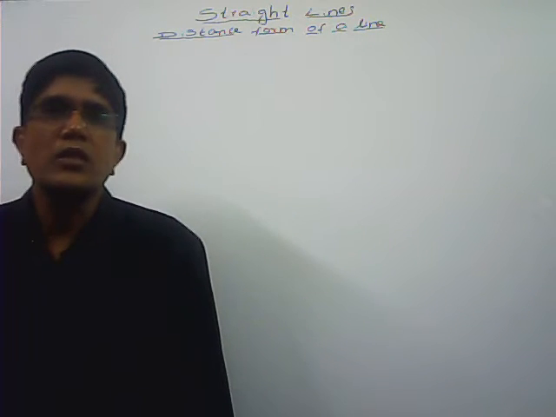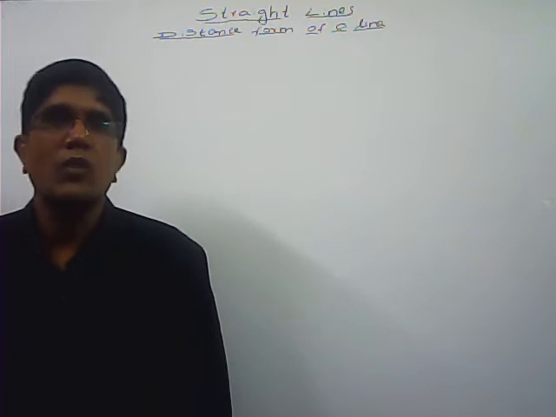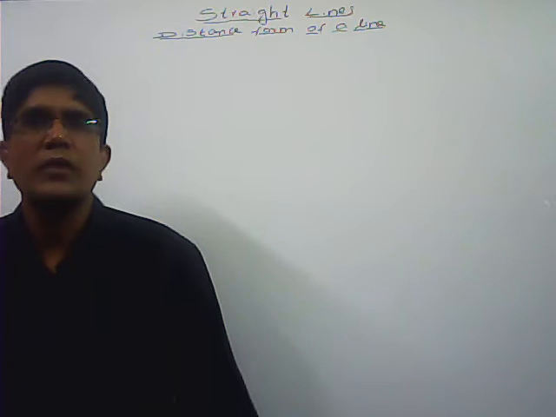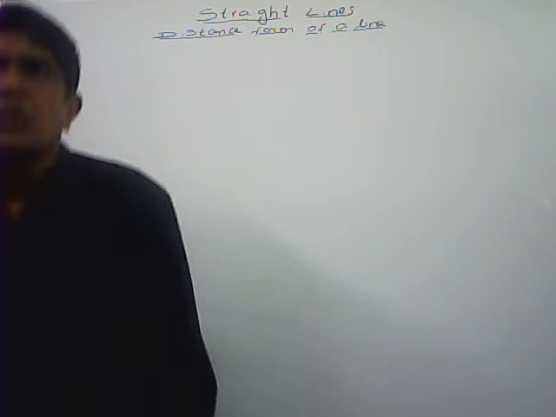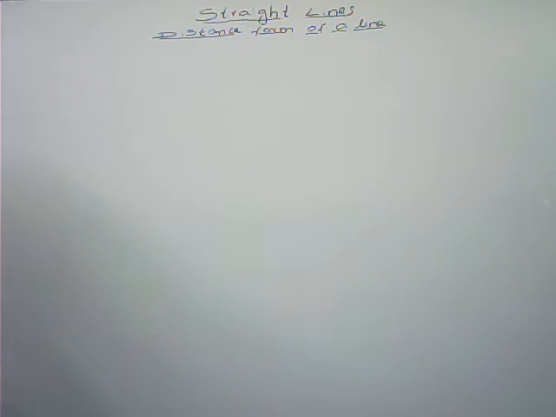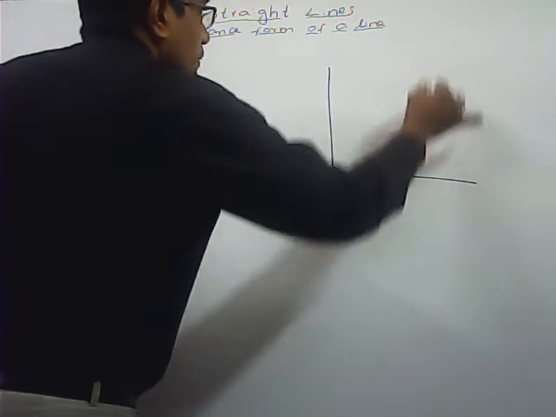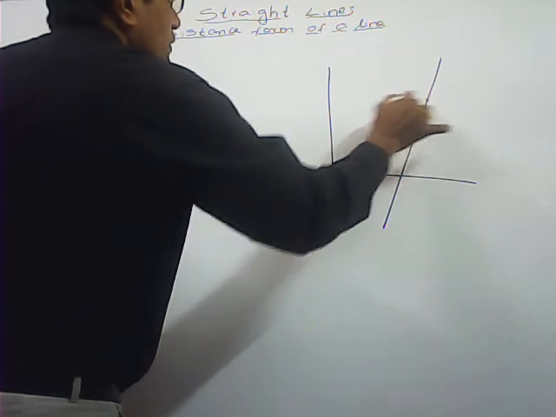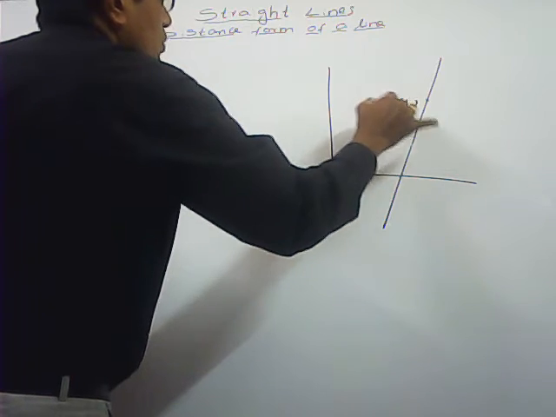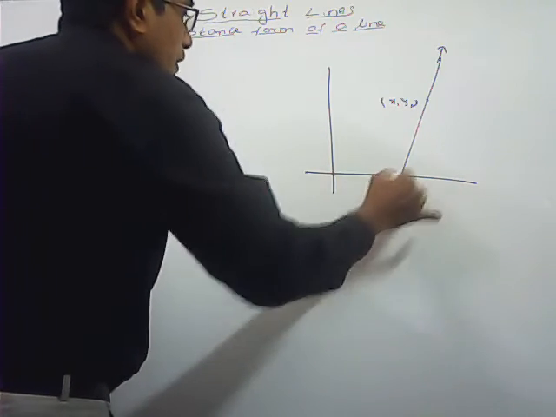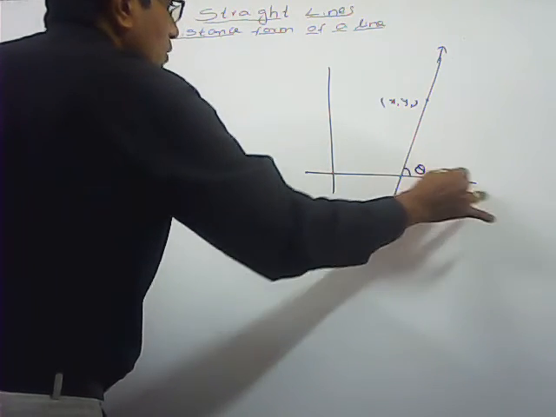In this video class I am going to explain about the distance form of a line, or symmetric form of a line, and parametric equations also we can discuss. Now, the equation of the line passing through the point (x1, y1) and it makes an angle theta with the positive direction of the x-axis.